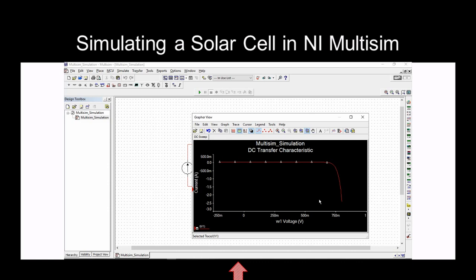and here I have the current voltage characteristics. You can change these titles, current, voltage, all these things you can change. I would like to show one thing: if you zoom it vertically, so we select the zoom tool here and just zoom it.